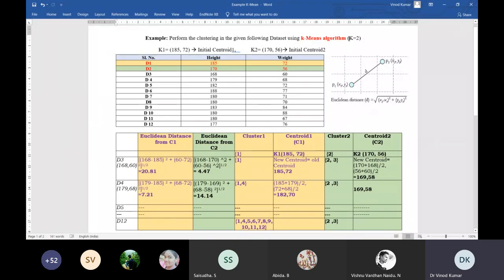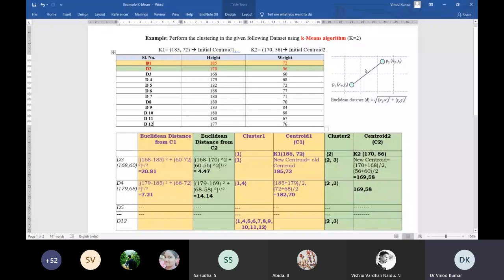First step is we have to choose k. K means arbitrary clusters. After that, if you have to take two clusters, then you need 2 centroids. So for 2 centroids, you can choose any one of the tuples. You choose D1 or you can choose D6, D7, D8, whatever, but you have to randomly select 2.